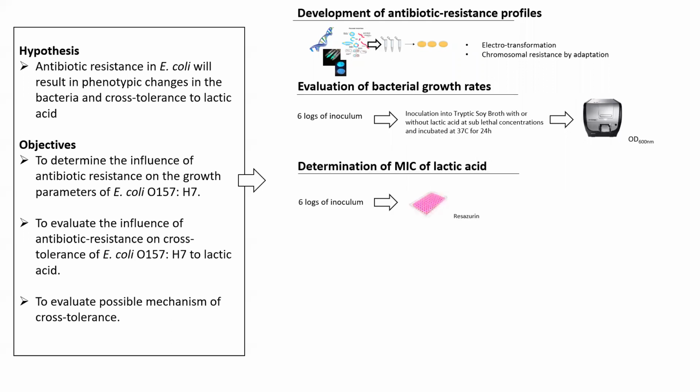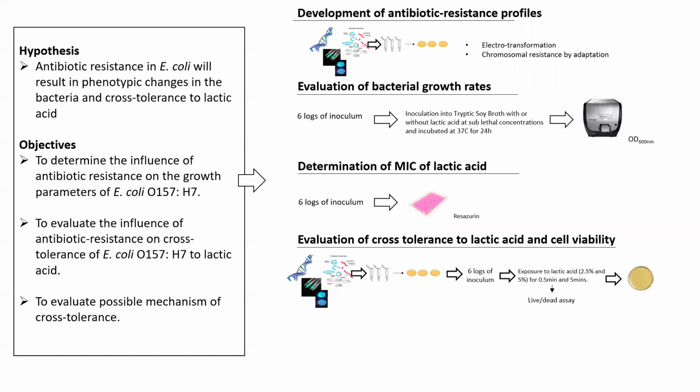And then, this was the method we used to determine the MIC. So basically, this is a cell viability method that uses a dye, resazurin. In the presence of the dye, if the cells are surviving and metabolizing, then you'd have changes in color. So this was a way we could use to determine the concentrations where we didn't see growth anymore of the bacteria.